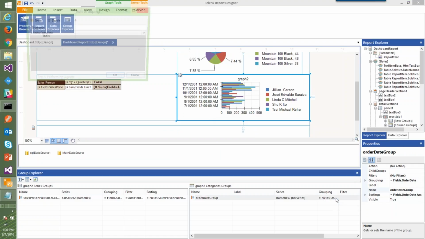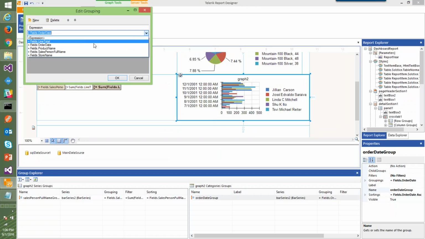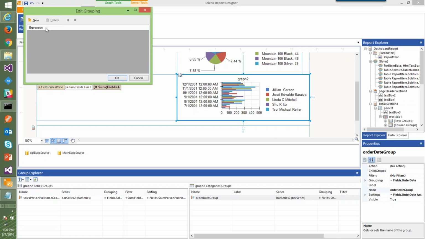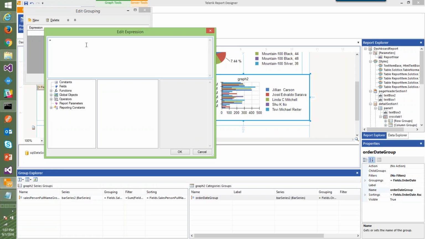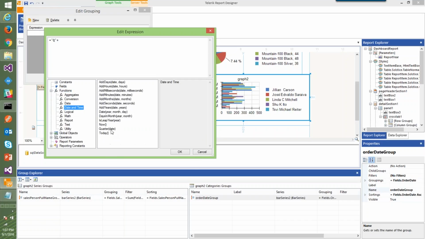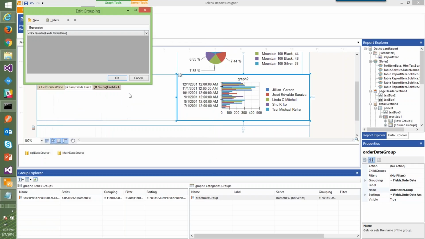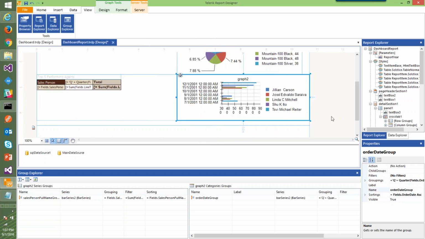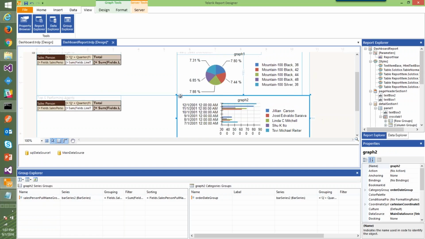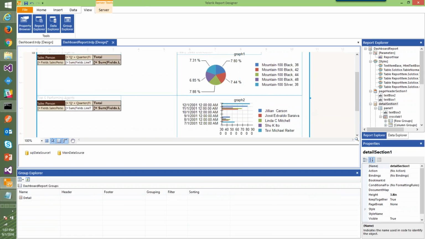so bar series grouping is based on, I'm going to delete this guy, new expression. Again I want to do a quarter plus. We have this function for date time, which is quarter, and then fields order date, and I'm going to say okay, and there we go. So we get a nice looking, yeah, I will have to format this to look like a Q1, Q2, whatever. But you're getting the point here that it's easy to build this kind of graphs, which are nothing but a